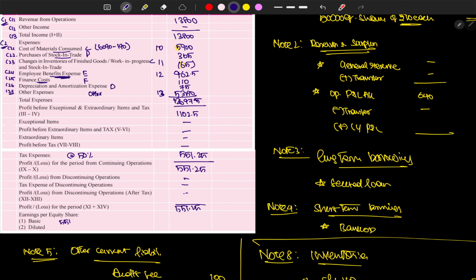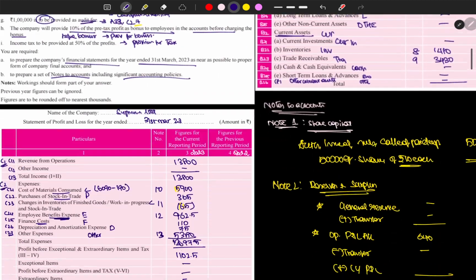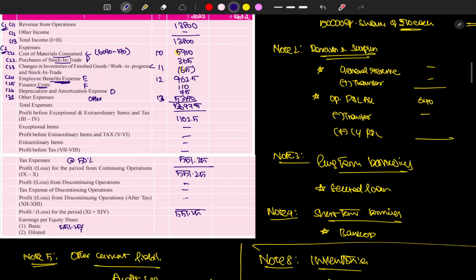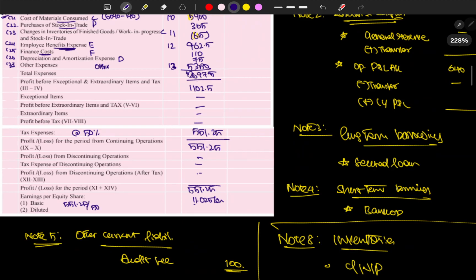So now 551.25 divisible by how many shares? Shares is 50,000 shares. Sorry, it is in lakhs, so 50. 551.25 divided by 50, which is 11.025 is the EPS per share. Okay, now we have completed the